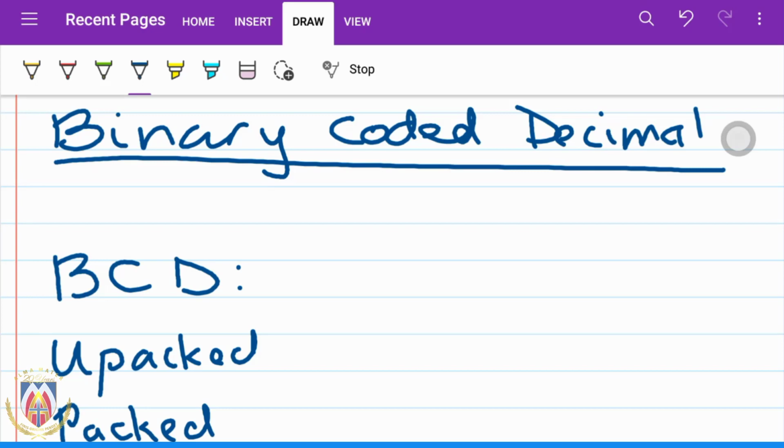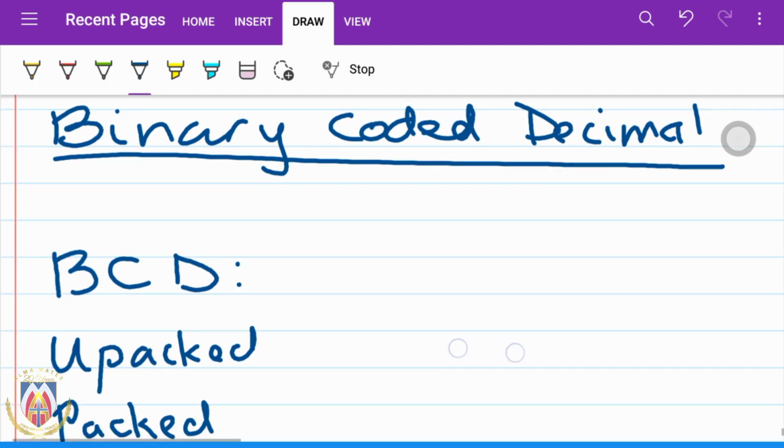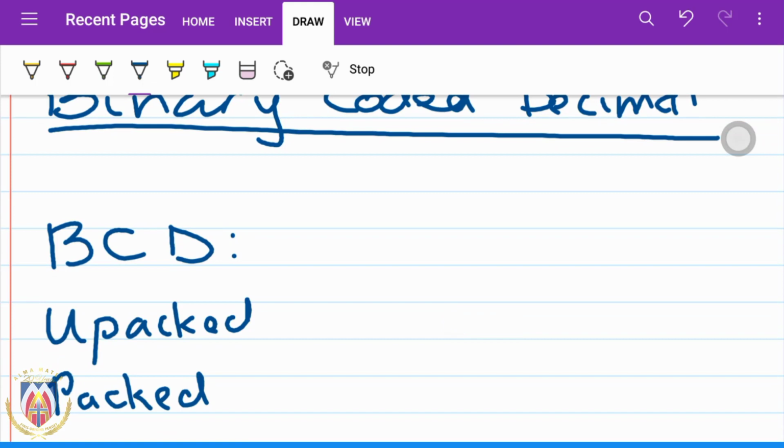How are you, everyone? Today we are going to look at binary coded decimals, and I'm going to just jump into giving the definition of BCD, which is the binary coded decimal. In computing and in some electronic systems, we come across a situation where binary numbers are grouped to represent just one digit. A group of binary numbers, or a group of ones and zeros, will be representing a